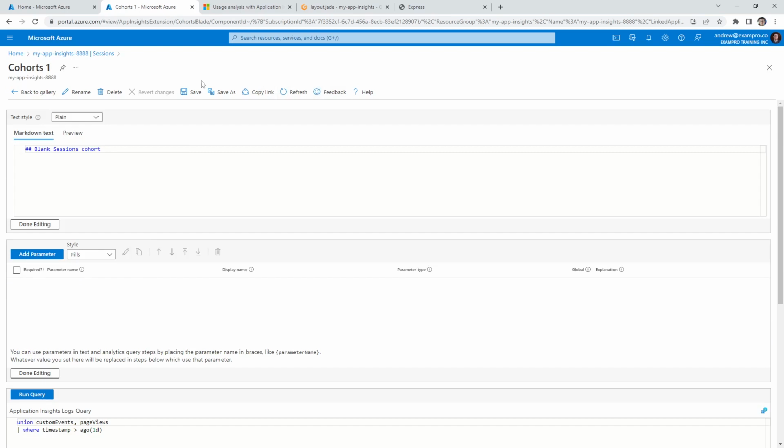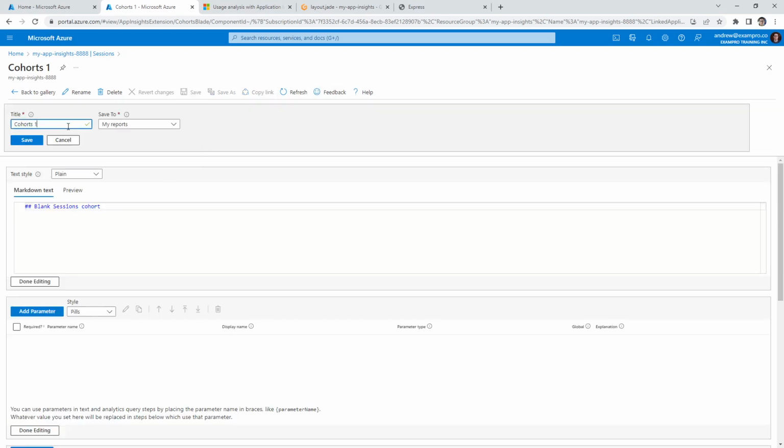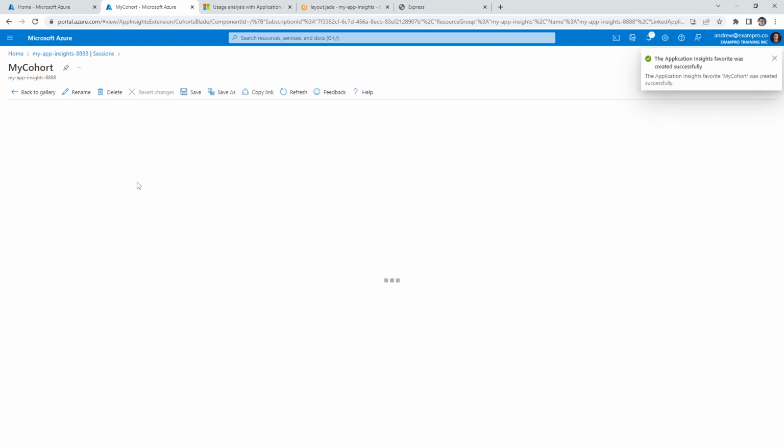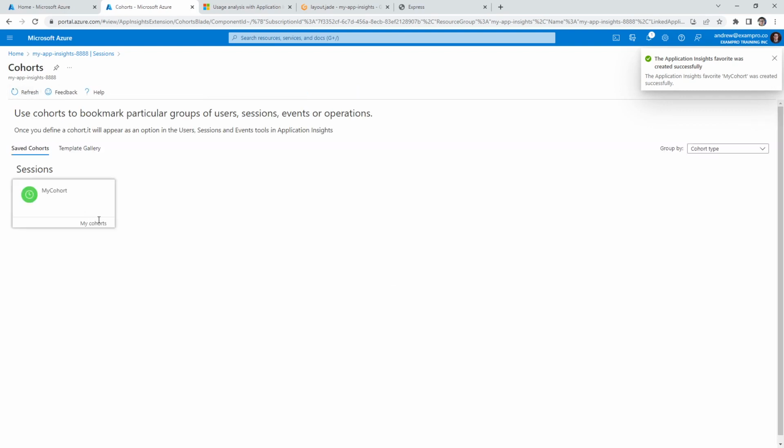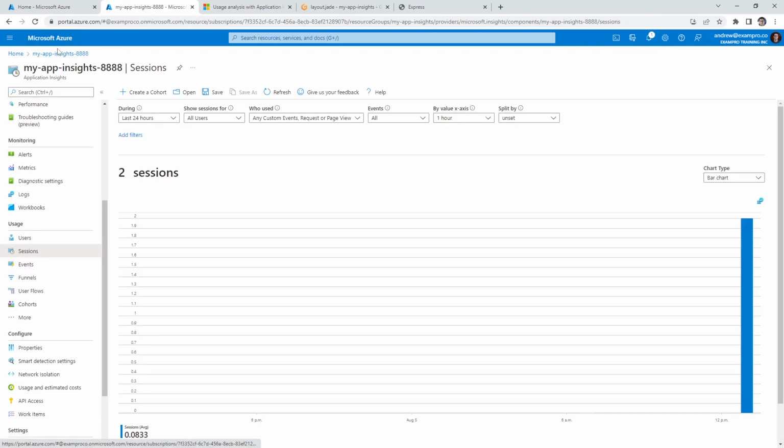But we'll go ahead and just save this cohort. We'll just say my cohort, whatever you want to name it, it doesn't matter because we're not going to see anything interesting anyway. So this is our cohort, but you can see there's nothing interesting. If we want to see something that looks like a cohort,